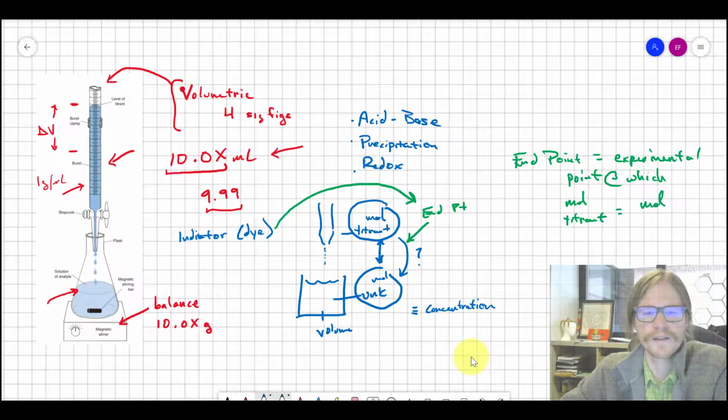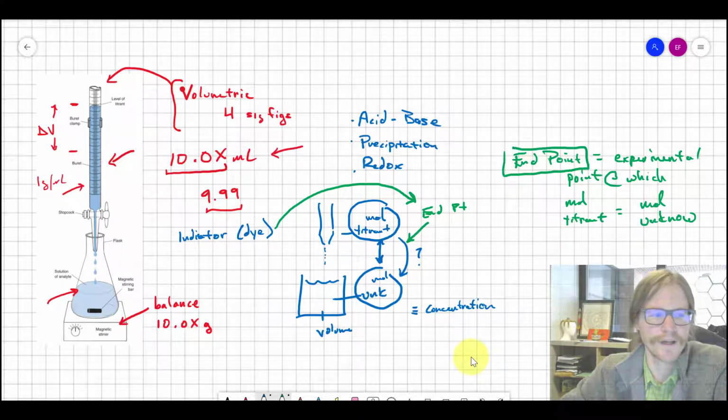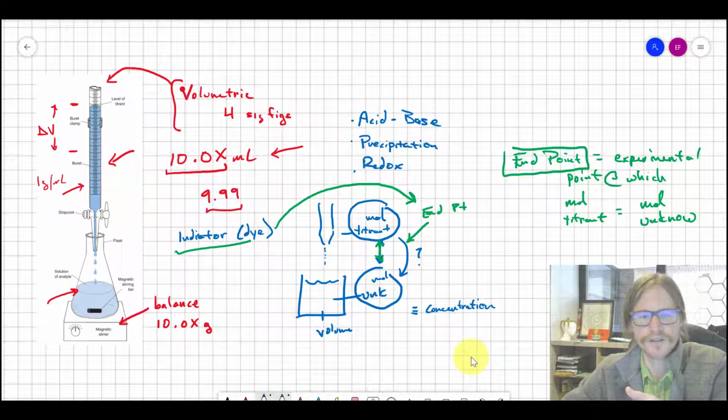That is distinctly different, and by the experimental point, I'm talking about the point at which the indicator, whatever mechanism you're using to measure this point as an experiment, when that changes. So if it's a color change of an indicator dye, say from colorless to pink or something like that, the endpoint is the moment in time or the amount of volume of your titrant at which that signature color change